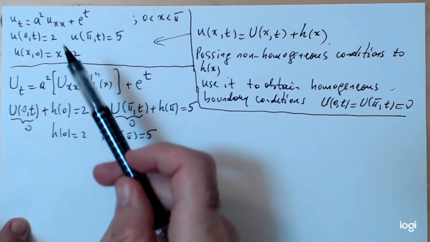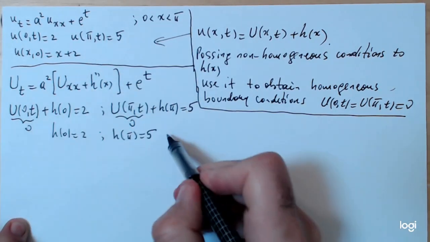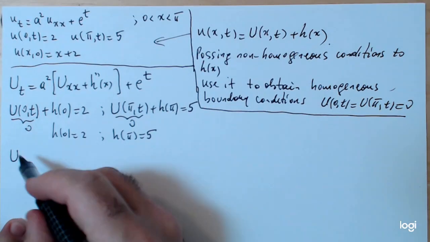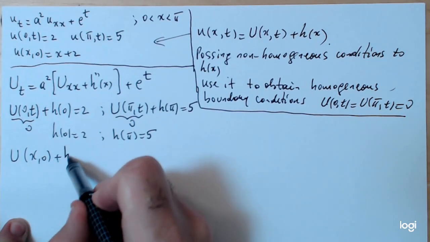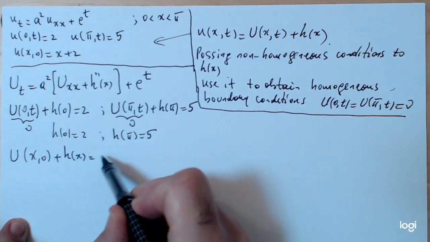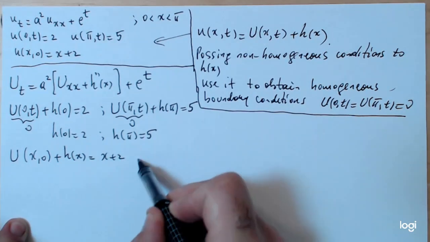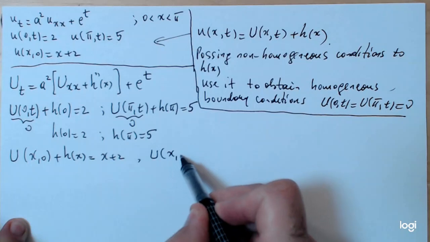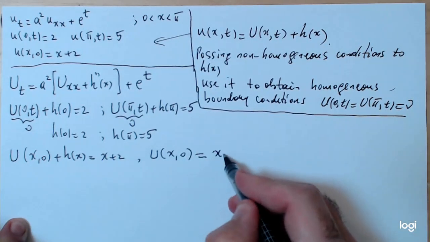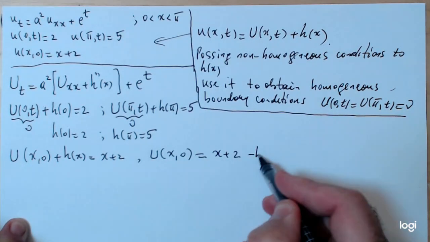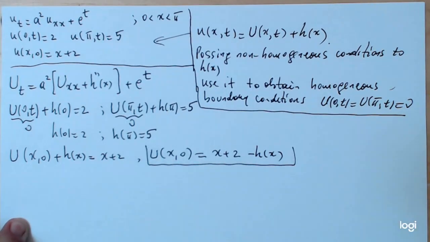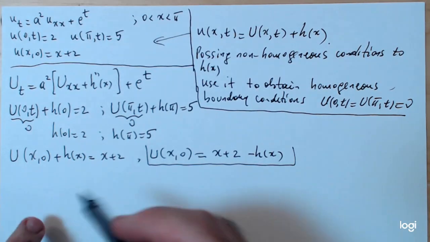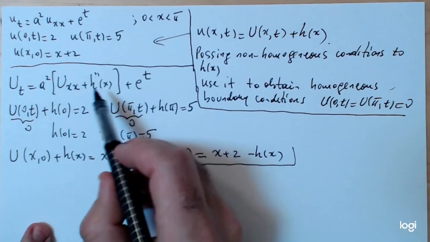Don't forget the initial condition. Plug in the substitution there as well. Big U of x0 plus h of x should be x plus 2. So in the equivalent problem in big U, the initial condition big U of x0 will be x plus 2 minus h of x. And finally, the new problem in big U should be